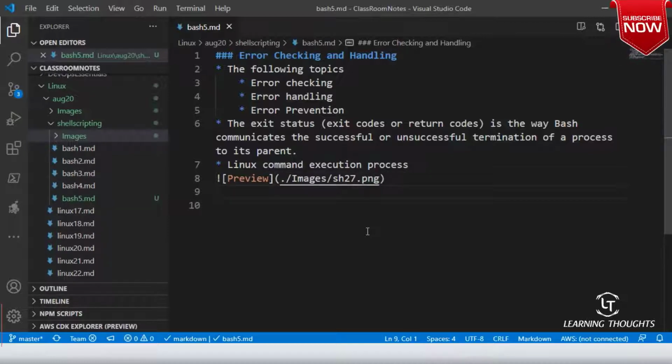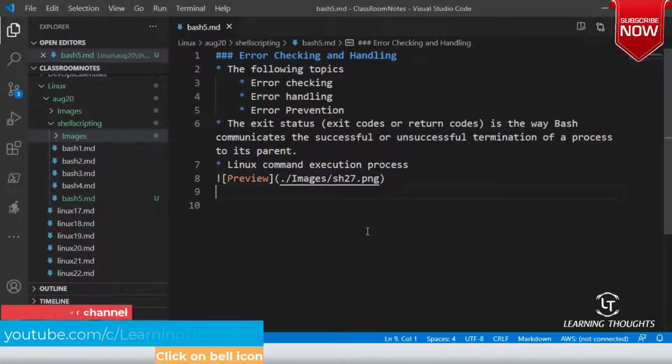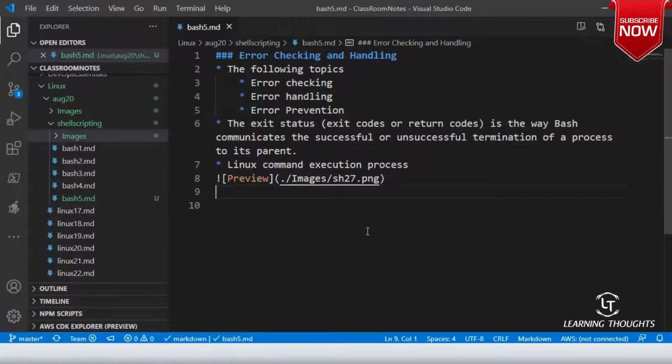Right. Now let us try to write or use some commands. The command which we will try to look into is mktemp. Make temp. So what is this make temp and how does this work?